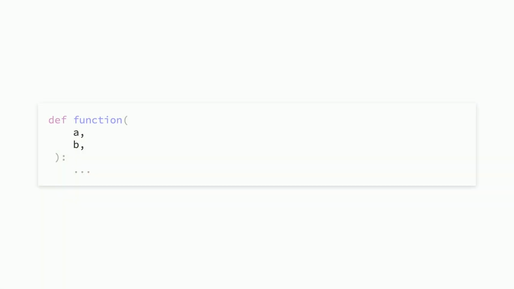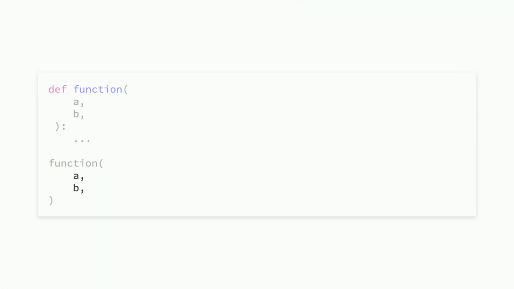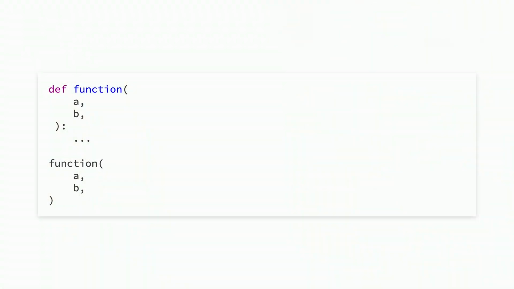Anyways, we'll just get the formalities out of the way. Anyone know what the name of these are called? Feel free to shout it out. Sorry? Parameters? Yes, these are called parameters. They are often mistaken for arguments, and I will mistake them in this presentation, so don't fault me. Okay, so what are these? Yes, these are the arguments. Keep that in mind. All right, so now that we've got that out of the way, let's go back to Python's beautiful function argument system that maybe I am a bit crazy for.